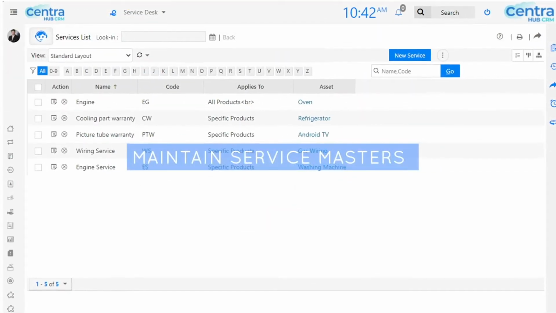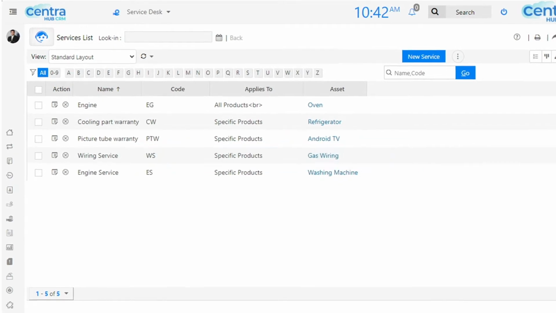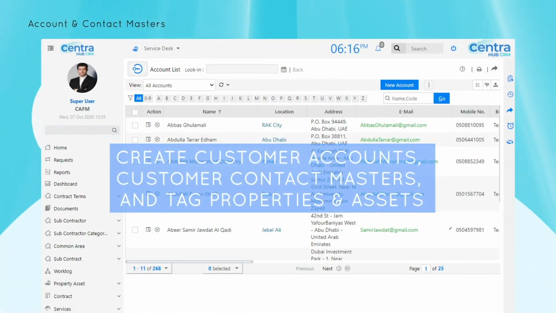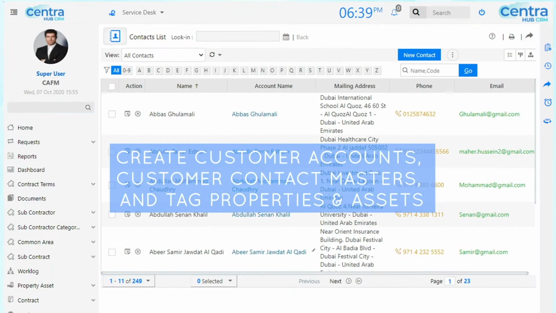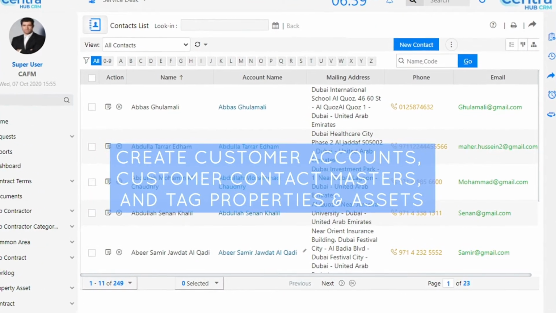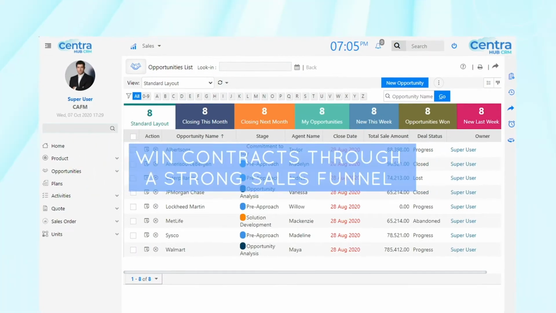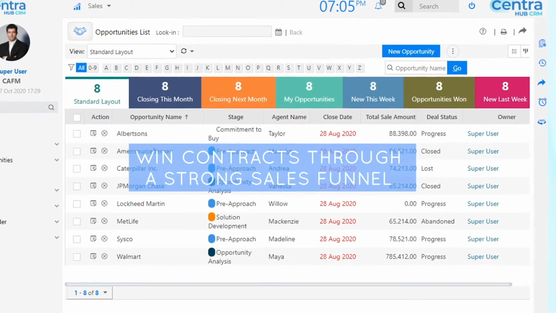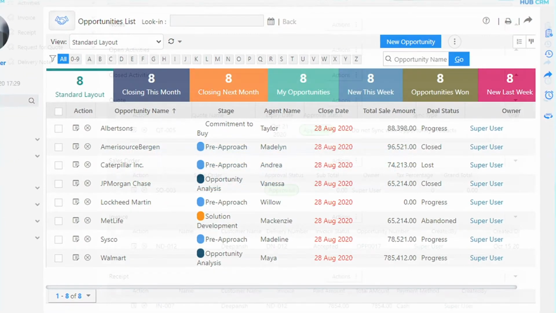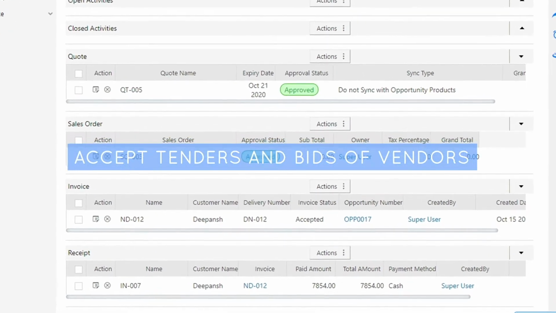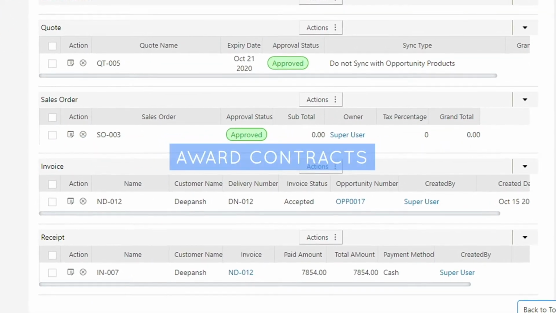Maintain service masters across all assets, listing the tasks that are to be performed during the preventive maintenance, PPMs. Create customer accounts and customer contact masters, and tag properties and assets to relevant owners and their points of contact. Build and track maintenance opportunities, generate quotes, and win contracts through a strong sales funnel for providing facilities maintenance services. If you're a facilities owner, accept tenders and bids of vendors for maintaining your property assets and award contracts from